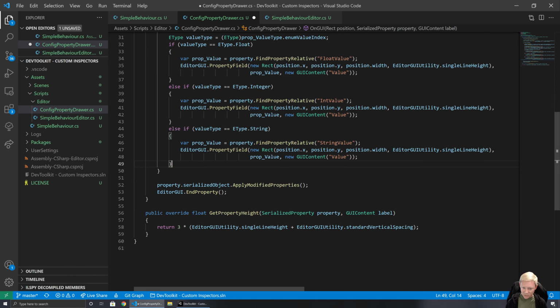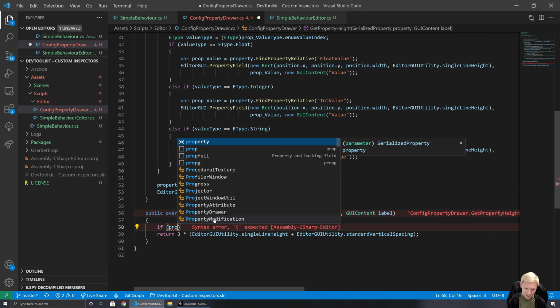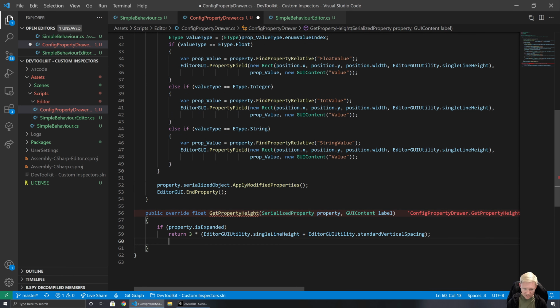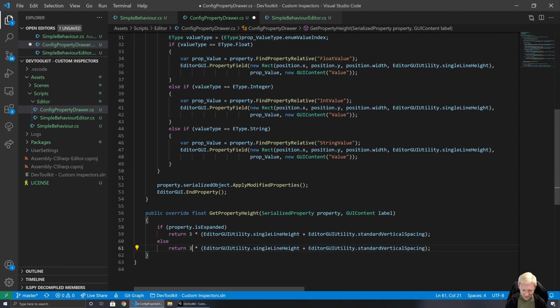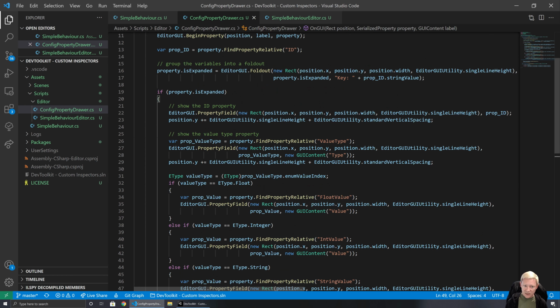But that means I need to adjust this. So this becomes, okay, well, if property is expanded, then we just return that. Otherwise, we'll return, just for consistency, 1 times that. So it just makes it an easy way of being able to group properties. We could set up multiple foldouts there. Key thing is you just want to be making sure you don't set up your own variable, use the built-in is